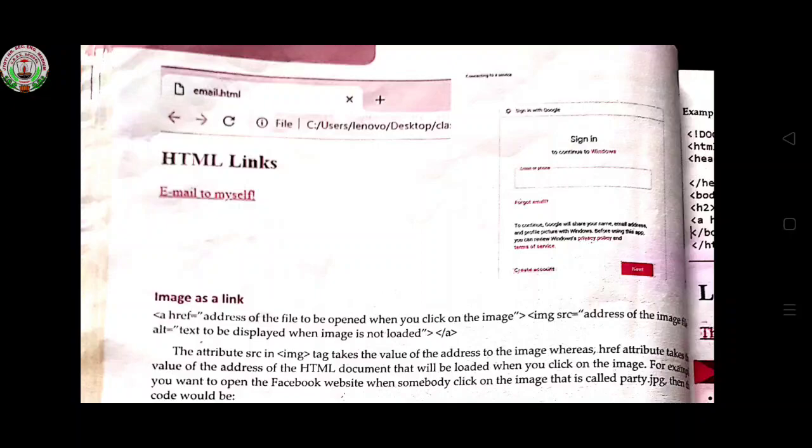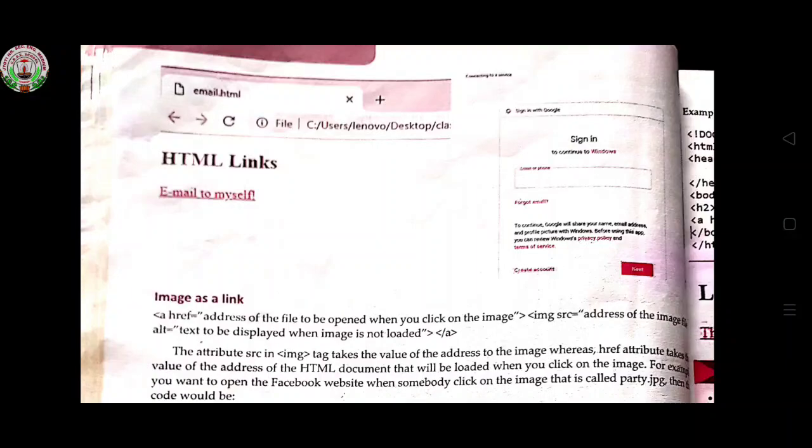Now, image as a link. When you have an image and you want to link that image with any address or any web page, how will you write it? Opening tag a href equals to, inside inverted commas, the address of the file to be opened when you click on the image, close the tag.